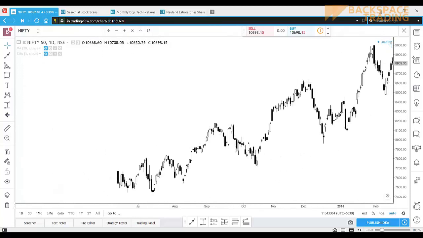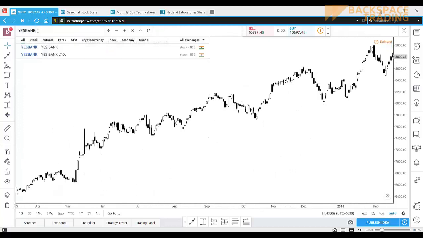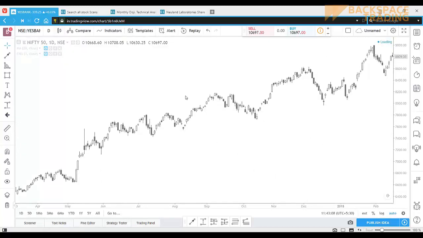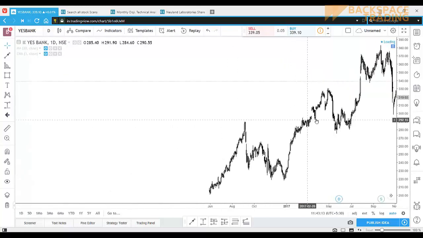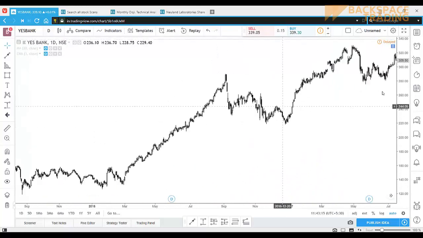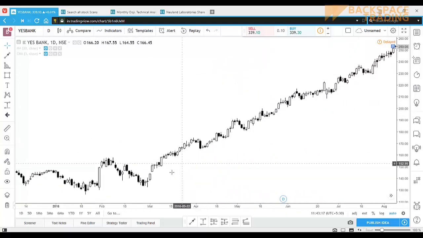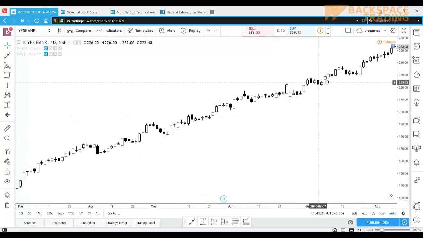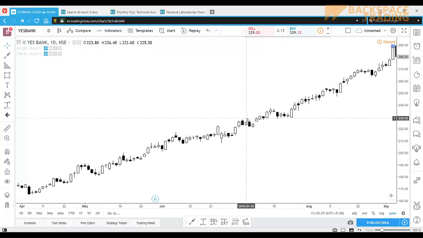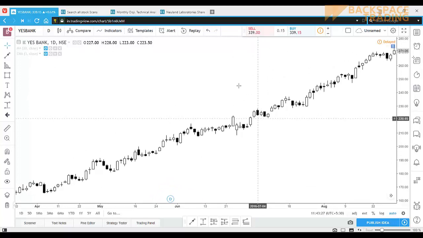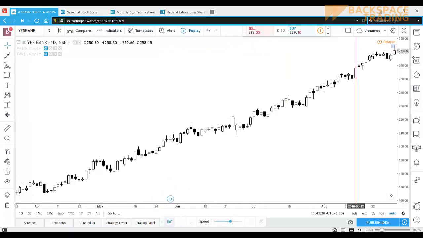Yeah, one big example: in my own case, I took this trade long back due to this factor. Yes Bank. Yes Bank had this stellar move up. Of course, every investor is awesome. Okay, now what I'm gonna do,